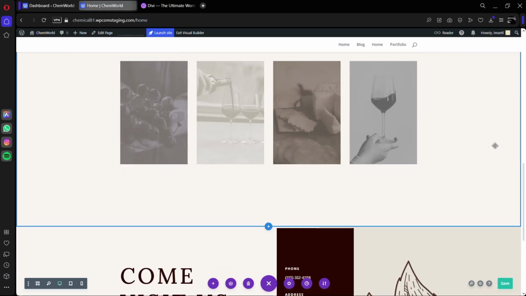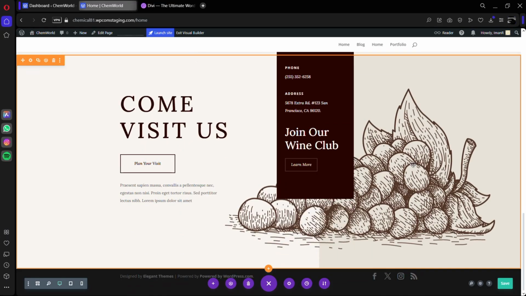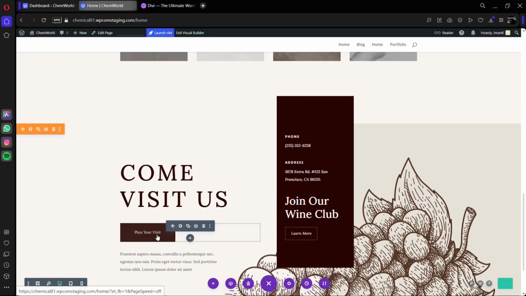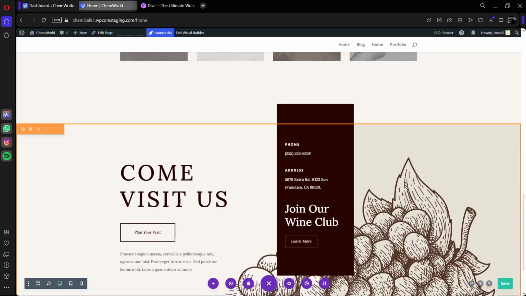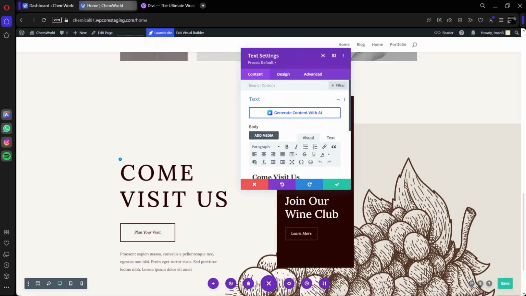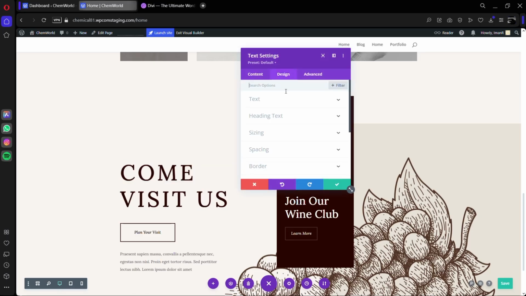Divi works in sections, rows, and modules. Sections are large areas of the page. Rows divide them into columns, and modules hold the actual content like text, images, buttons, or sliders. To edit a module, click the gear icon, adjust the content, and use the Design tab to customize colors, fonts,